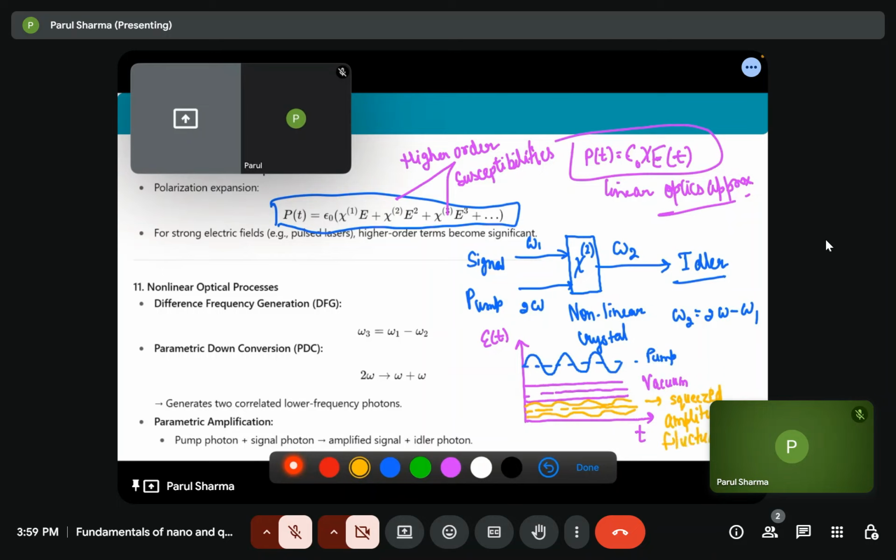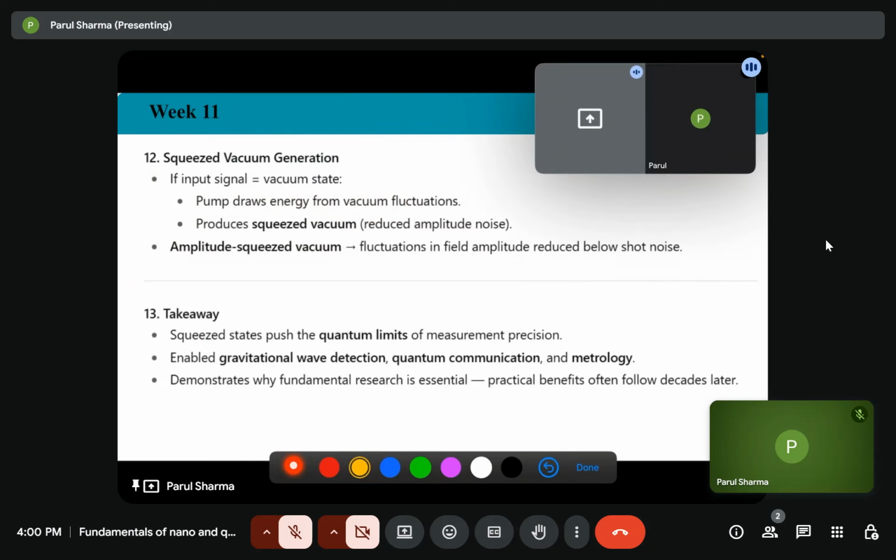Okay. So what we saw is that if the input signal is a vacuum signal, the pump will draw energy from the vacuum fluctuations. Because if the input is constant in time, it was like this, a vacuum state. So now what will the pump do? Pump will draw energy from the vacuum fluctuation, then this is converted into